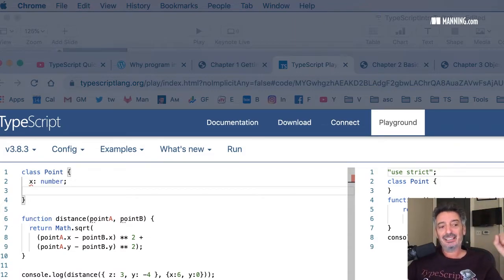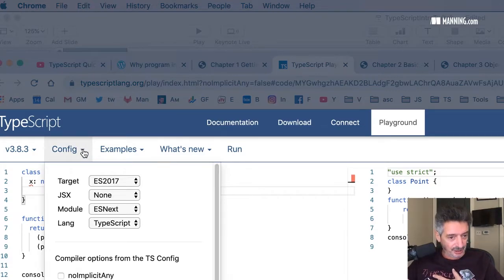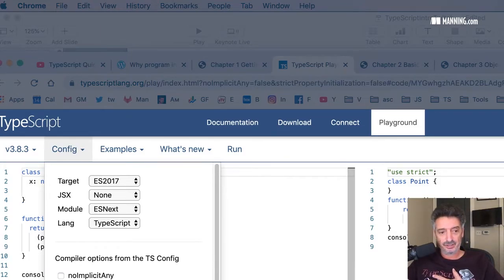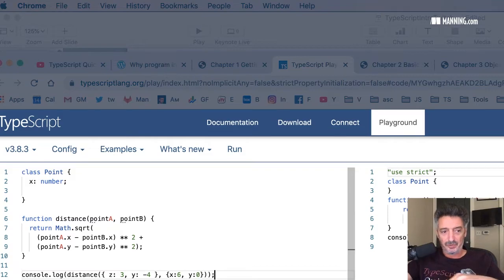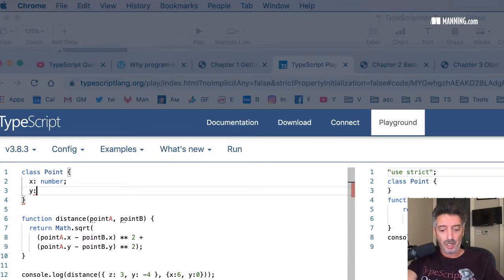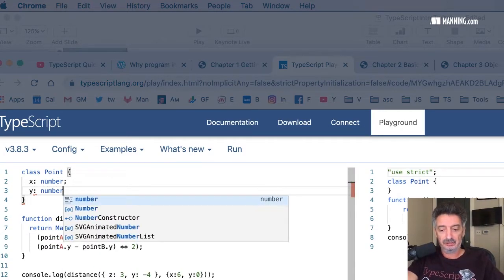All right, so it's another option. It wanted me to declare the property and initialize it with 0 or something. But again, it's an option of the compiler. I'll shut it down. Where is that? Strict property initialization. I will uncheck this option so it wouldn't complain about that. All of that is configured, of course, on the compiler. And the variable y of type number.